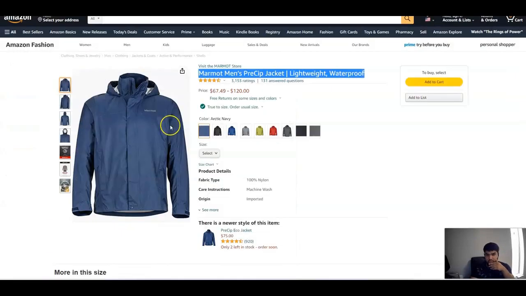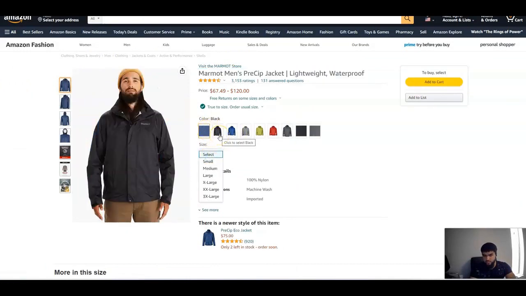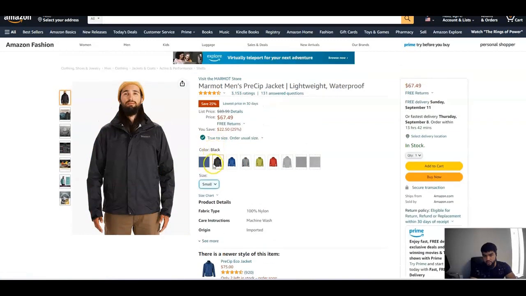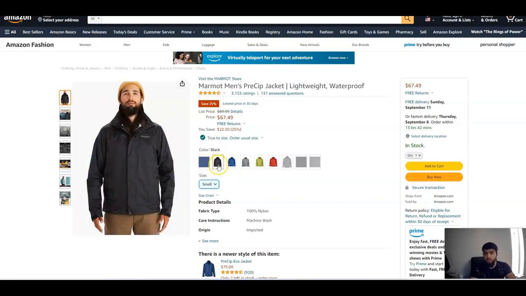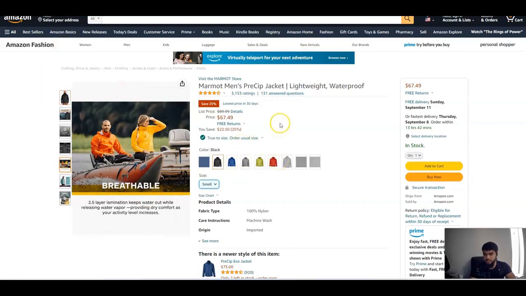So what is a variation? Just to quickly go over it. Each size and each color is considered a variation. So over here we have the black. Let's say we have black small. A black small and a blue small would be considered two different variations. A black small and a black medium are also considered two different variations. So each size and color combination is considered a variation, and each you can say offer that is available. Sometimes it's not necessarily just size and color. Sometimes it's a set of 4 plates and a set of 6 plates. Those are considered two different variations. So each offer on the listing, on the parent ASIN, is considered its own ASIN, its own listing